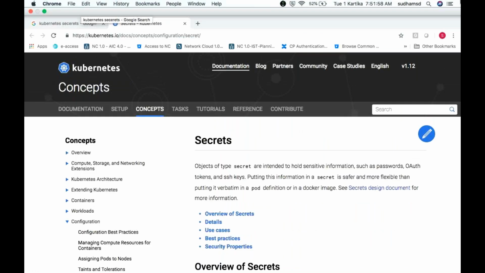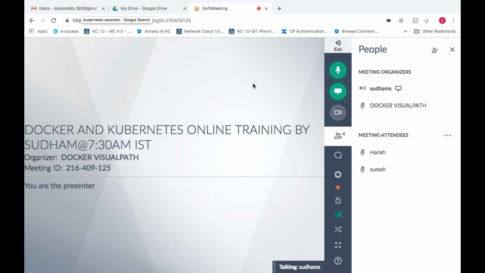No? Okay. So we'll wind up for today, and tomorrow we'll be starting with service account, and then we have, secrets we have already done. We have service account, we have ingress concept. After that I will show you how to launch a dashboard, Kubernetes dashboard, day after tomorrow. And from the dashboard we will see how to create your resource, like pod, whatever you want. And tomorrow we'll see what is daemon set, we'll cover service account, and then ingress. Three topics. So tomorrow we'll try to complete those.